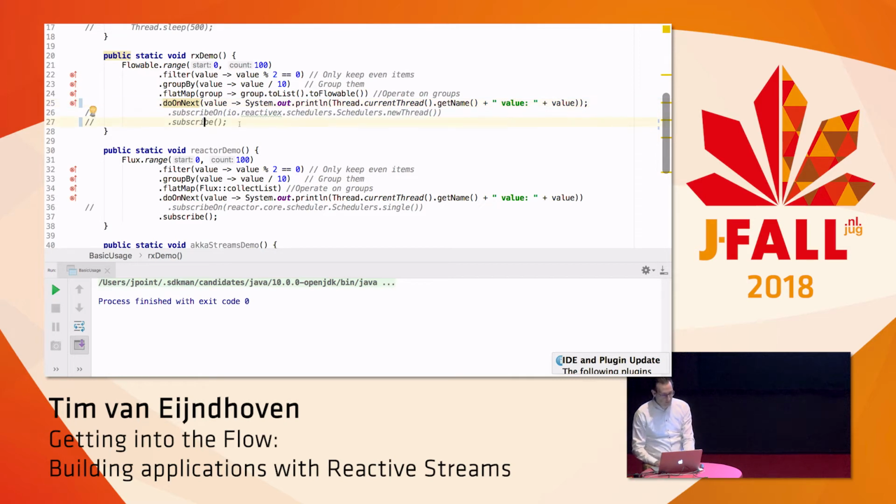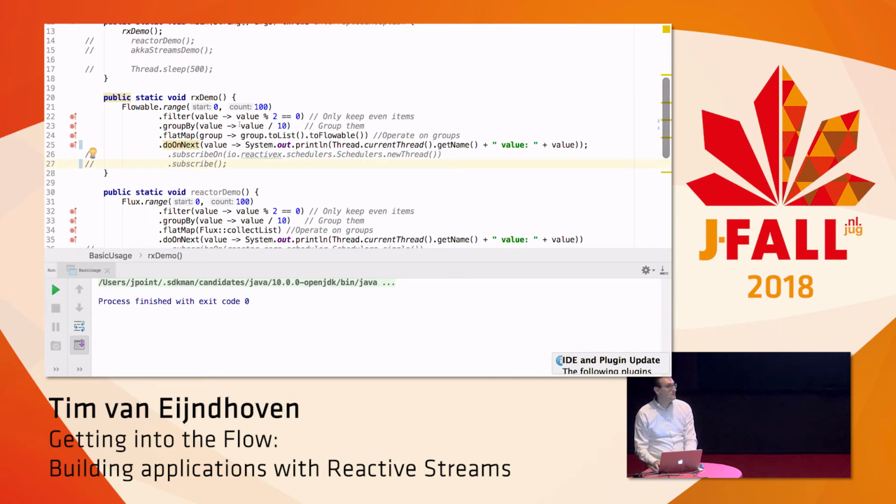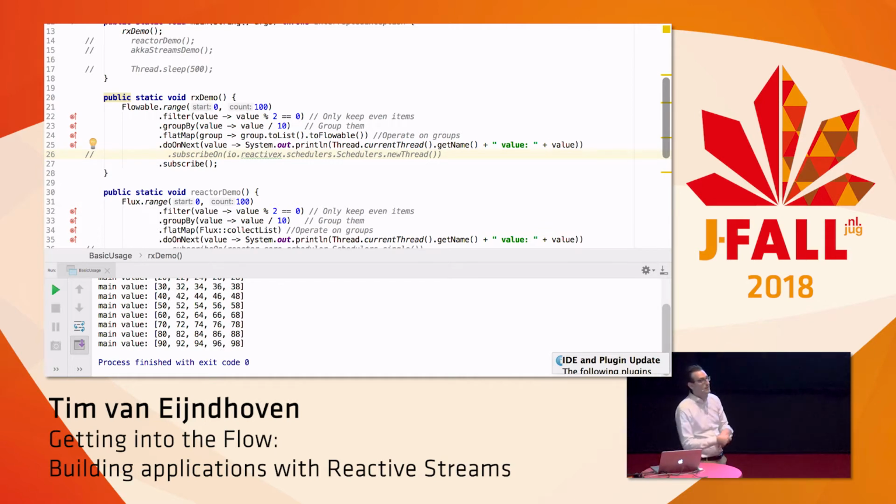And one of the things that's causing this is because I did not subscribe. So the publisher will only send events whenever a subscription has been made. So I will subscribe to the publisher here. Let me run it again. And then we have all these groups of